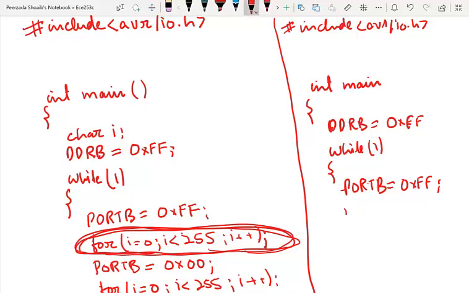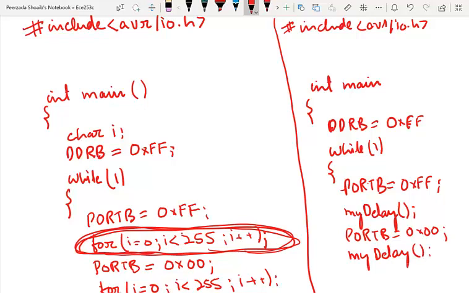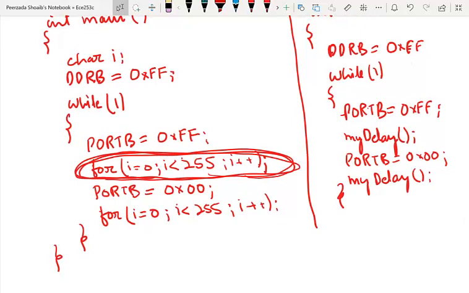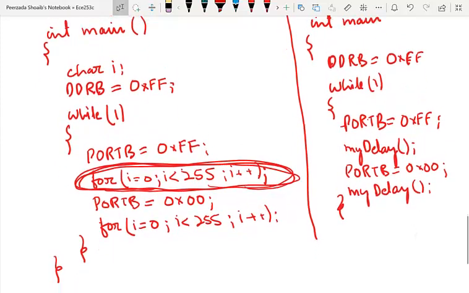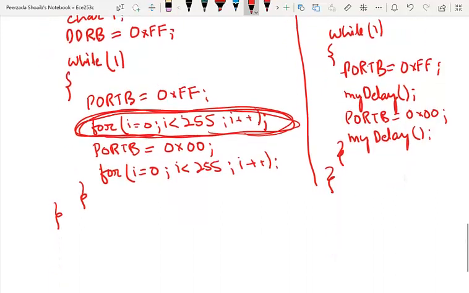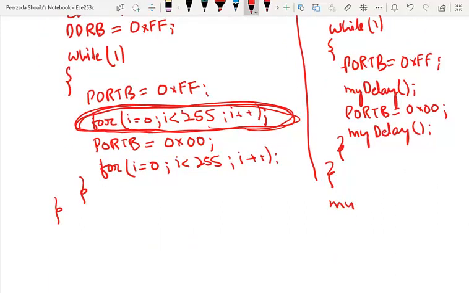And my delay, I am calling that function. Then I am turning off the LEDs, again calling that function, then closing the infinite while loop so that this code gets executed again and again. And then I will close the main function also. Then I have to define this my delay function. So I will write my delay here